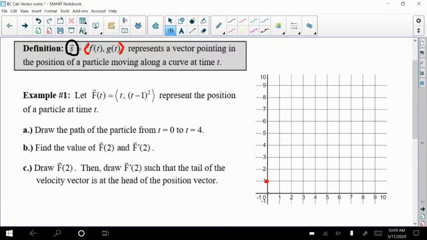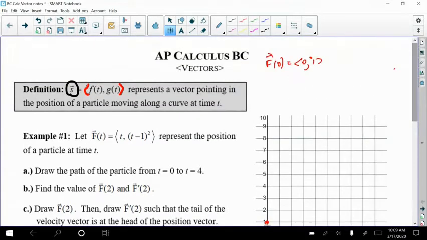Pick this color. What a great color, brown. Could be represented like there. So that's the vector, and it's pointing to where it's at position 0. Okay. So then let's do